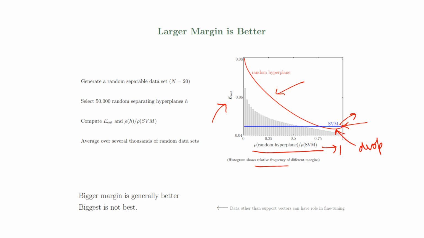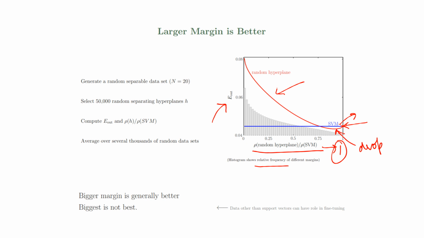All right. Okay, so what is the larger picture of this experiment telling us? Well, this is telling us a bigger margin is generally better, because when we come close to 1, that's when my E out is completely minimized. This is almost 0.04 or something, right? And of course, my experiment was using simulated data, so we cannot say that this is a mathematical fact, right? But experimental evidence is sometimes useful because it gives us an intuition for building mathematical facts. So experiment number 1 tells us that yes, a larger margin is indeed better.